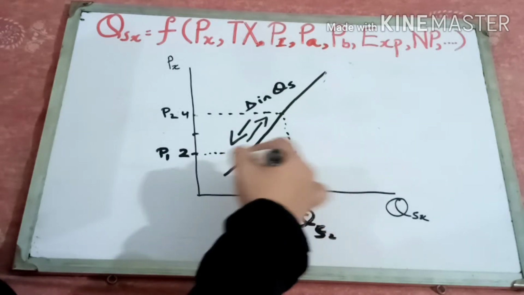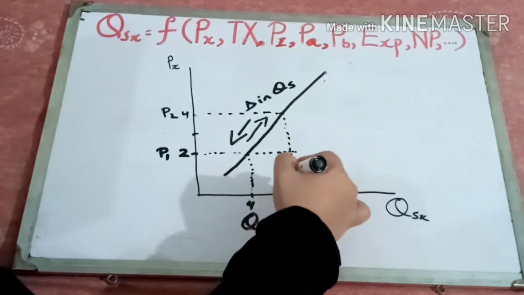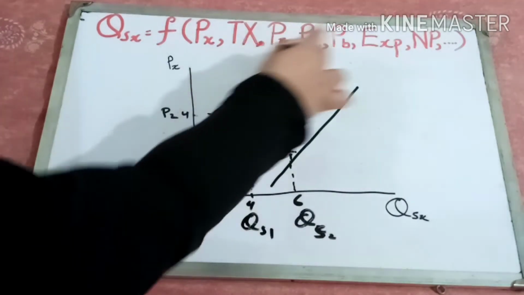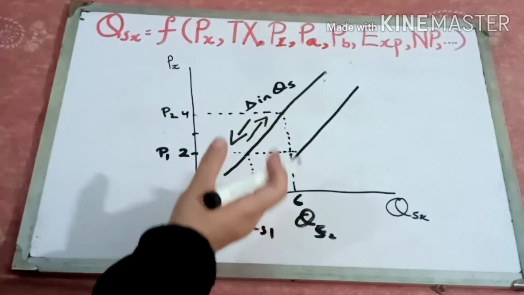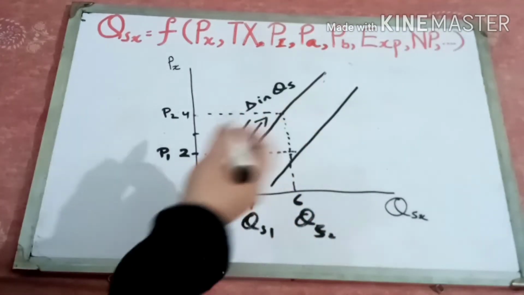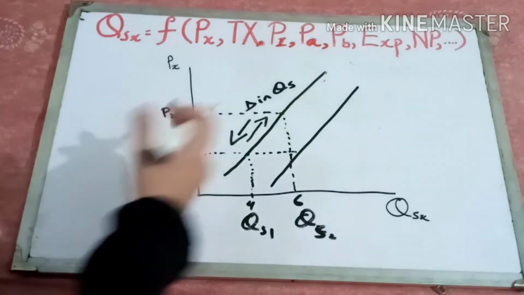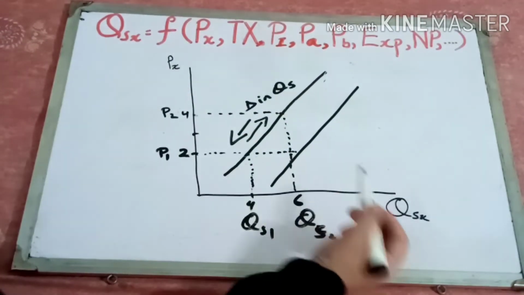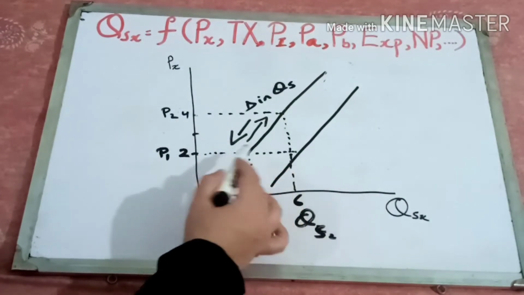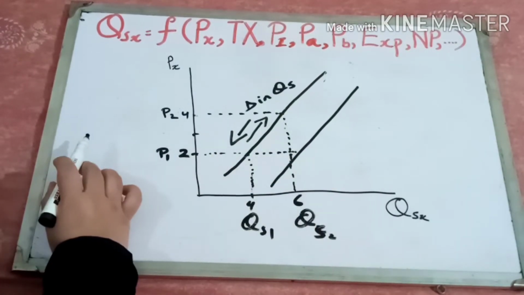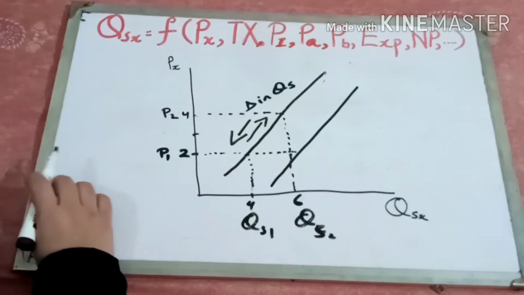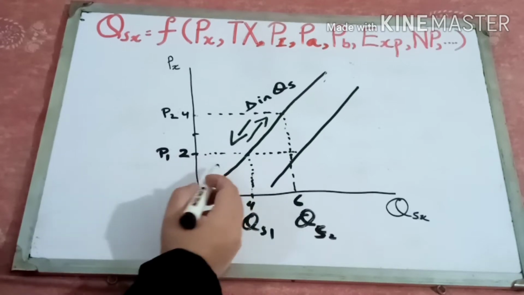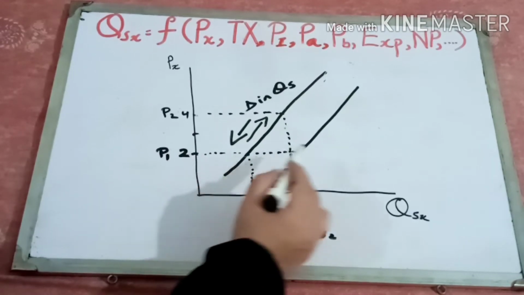Now due to the shift in the supply, because of the other factors, we would study how they respond, either directly or positively or negatively. Further, let's suppose there was one factor, technology, which is now being improved. So due to the improved technology, the suppliers are now willing to